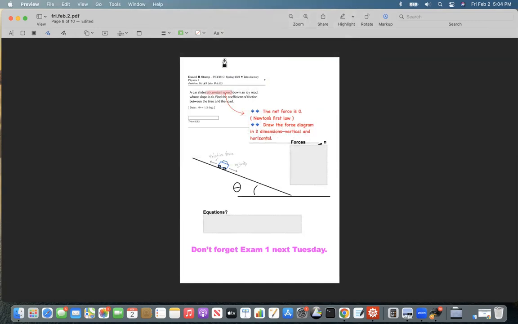A car slides at a constant speed down an icy road. The slope is theta. What's the coefficient of friction that will cause it to move with a constant speed? Well, I'm sort of running out of time. It's already 5 o'clock. So